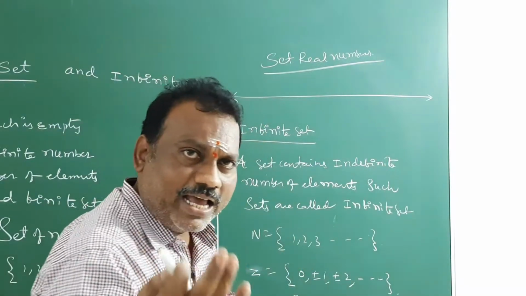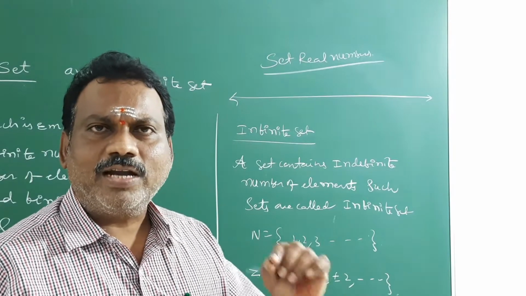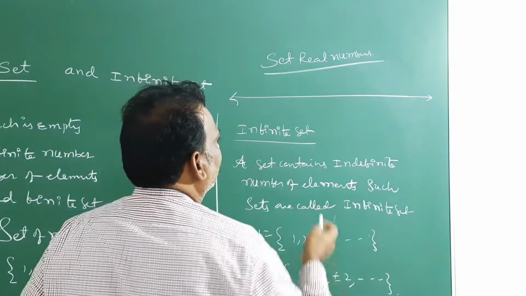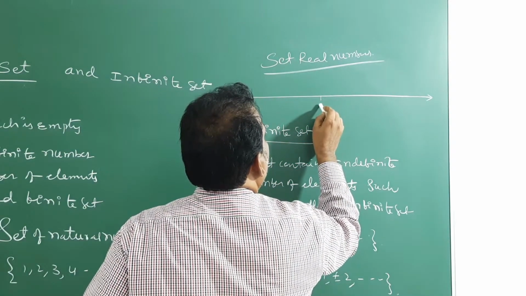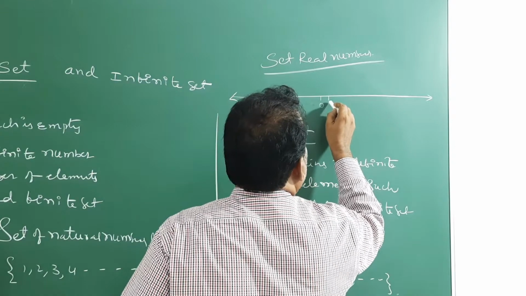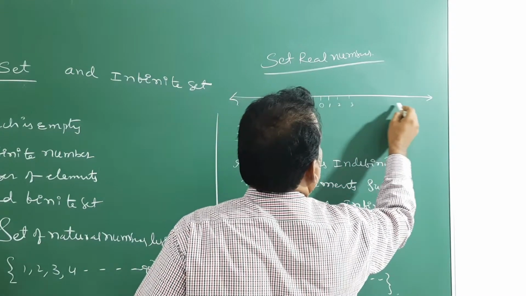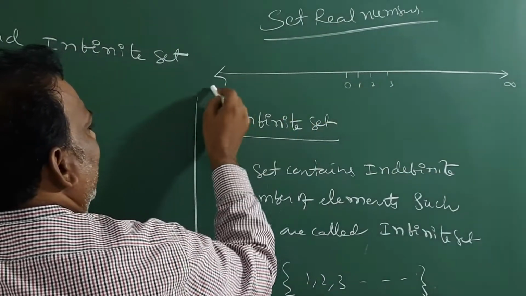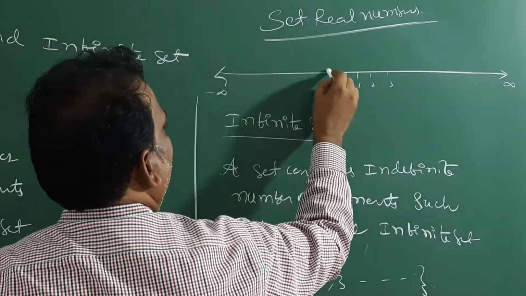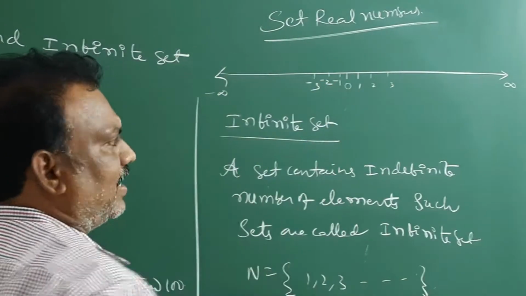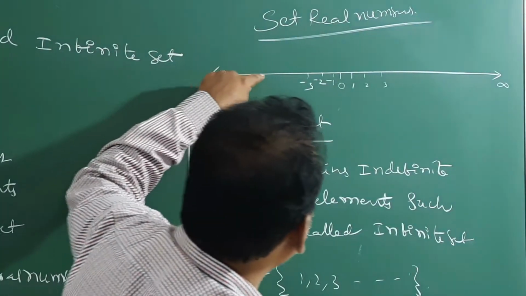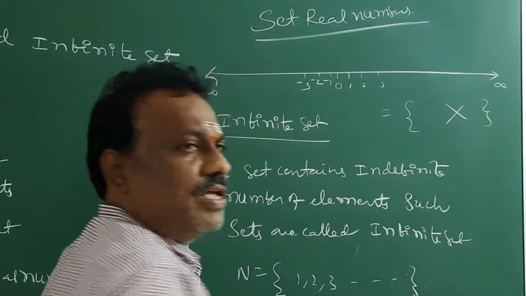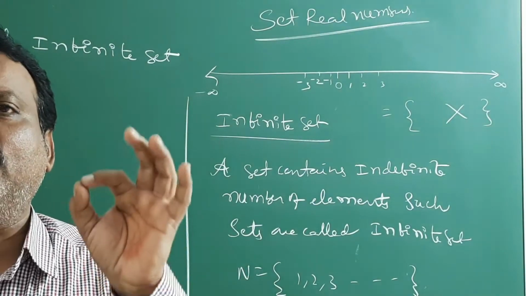This is also called a real number line. How many points are there in that line? Infinite points. Suppose we divide it, the middle one is 0 and it goes on with positive values like this. It has how many values? Plus infinite. If you go to the left side, you get -1, -2, -3 and so on to minus infinite. So representing each point on this number line in a flower bracket is not possible. That's why we use intervals.